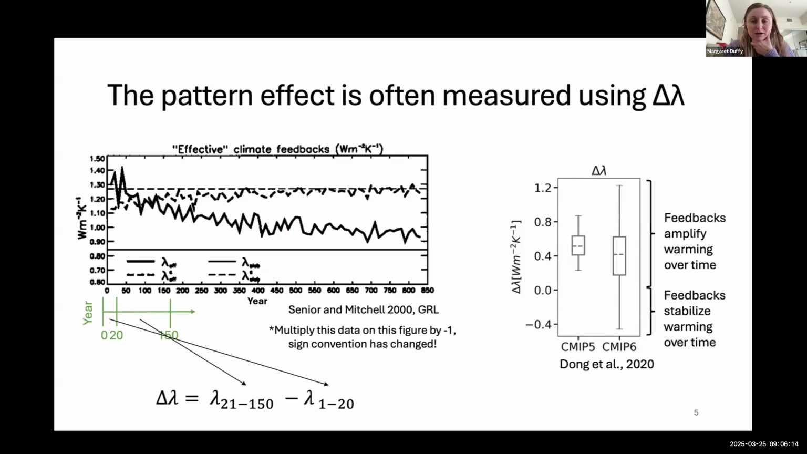We often measure this phenomenon using delta lambda. That's if you average the feedback parameter over, say, the first 20 years of your 4 times CO2 simulation and the last part of your 4 times CO2 simulation, if you take that difference, that gives us delta lambda. Again, sorry about the sign convention here, but typically this would be negative, and if delta lambda were positive, that would mean that the feedback parameter was decreasing in magnitude, or the feedbacks are becoming more amplifying over